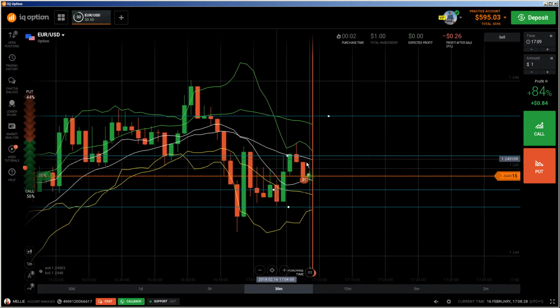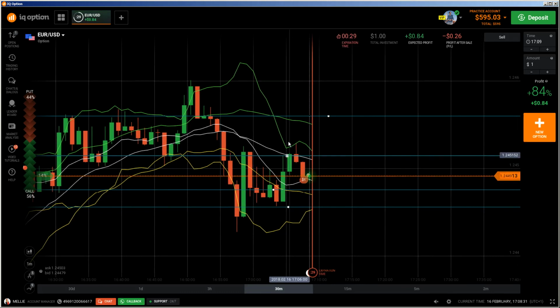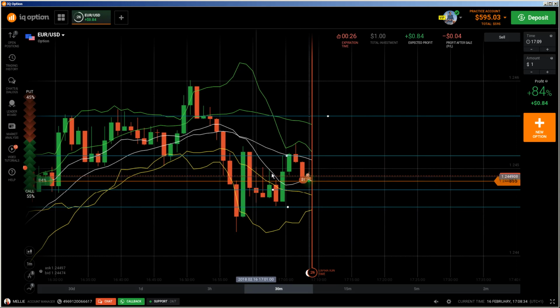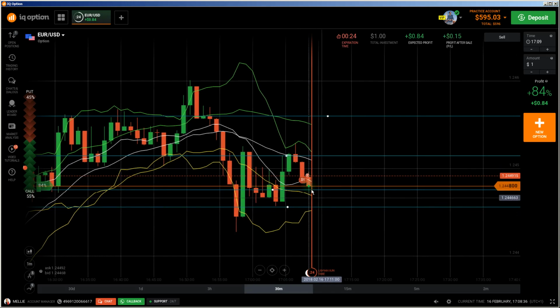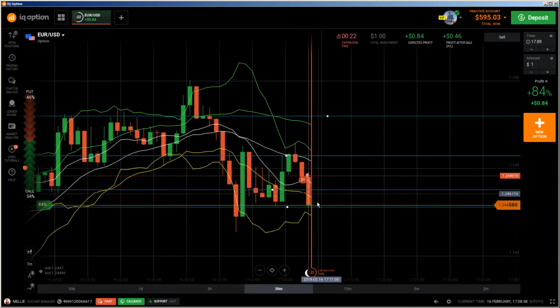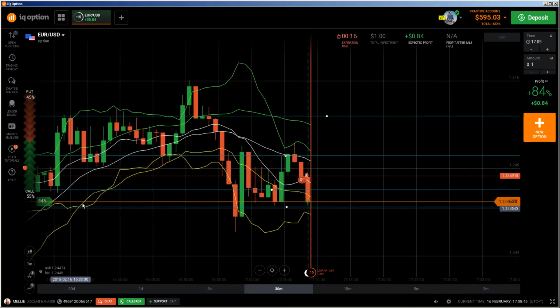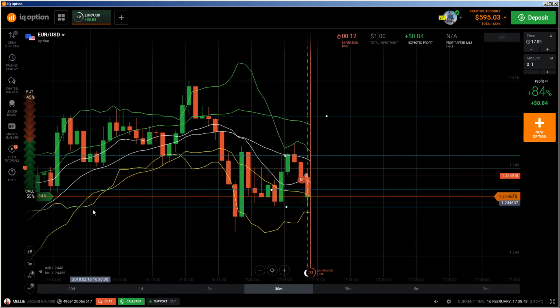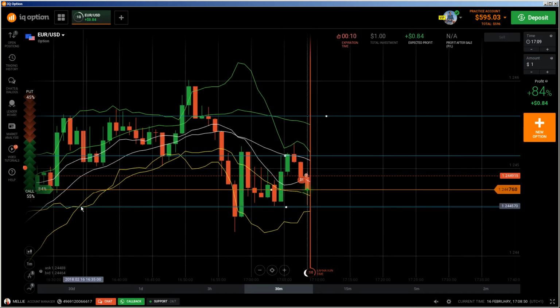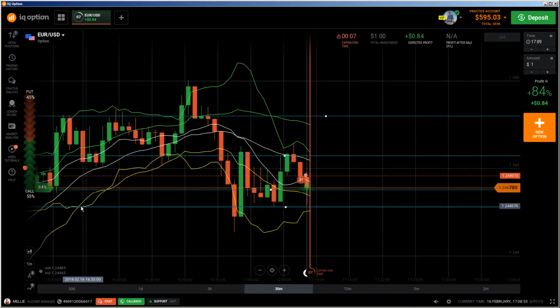because this is a shooting star here. Yes, this is a shooting star at this major key level. There is nothing in between, and that's the reason why I did a put. The next level is here or here. And you see it's going down and got rejected from this support area. Let's see what is going on here on the next candle,